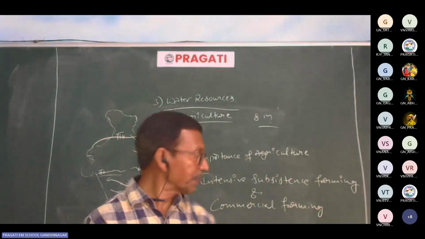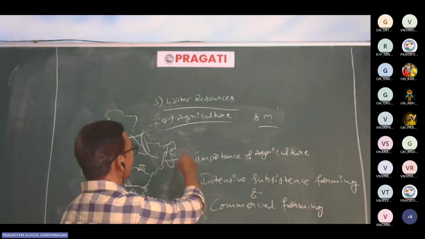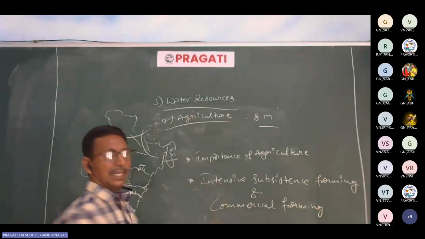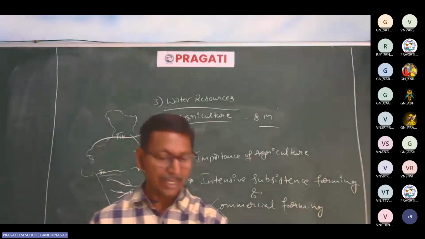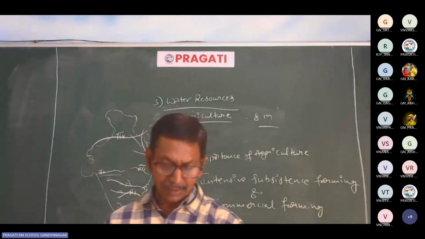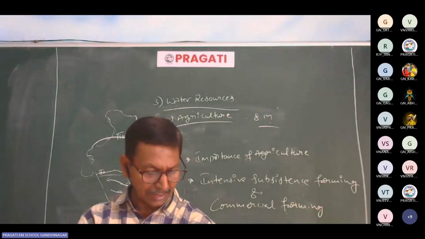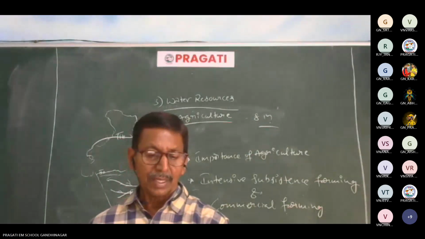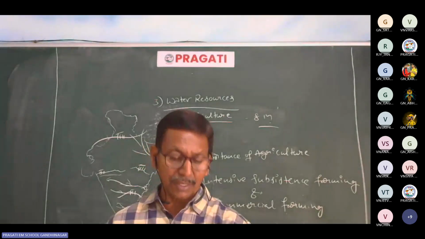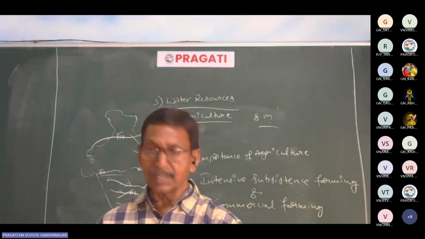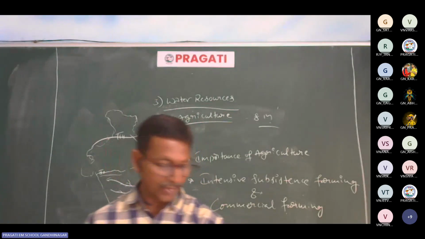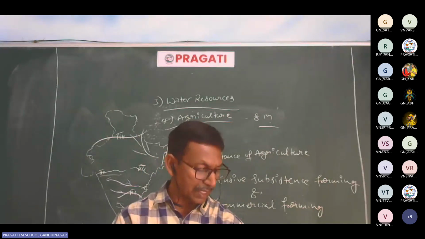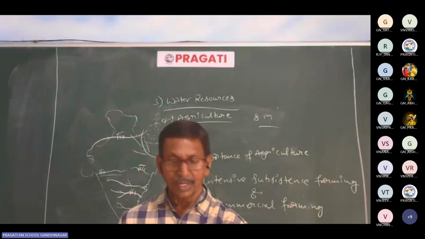Of course, if you prepare thoroughly all the lessons, water resources, you can find a choice in agriculture. The chance is there. Anyhow, try to revise these questions thoroughly. Long answers, especially commercial farming. Explain about slash and burn agriculture and how it is known by different names in different states, etc. Try to follow the importance of agriculture in India. Okay, and so on.